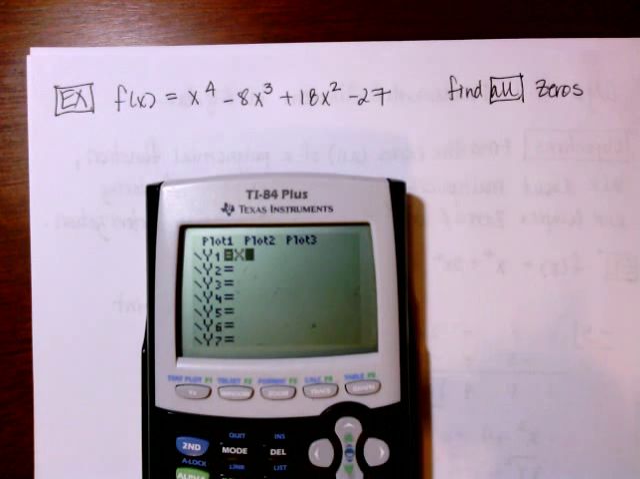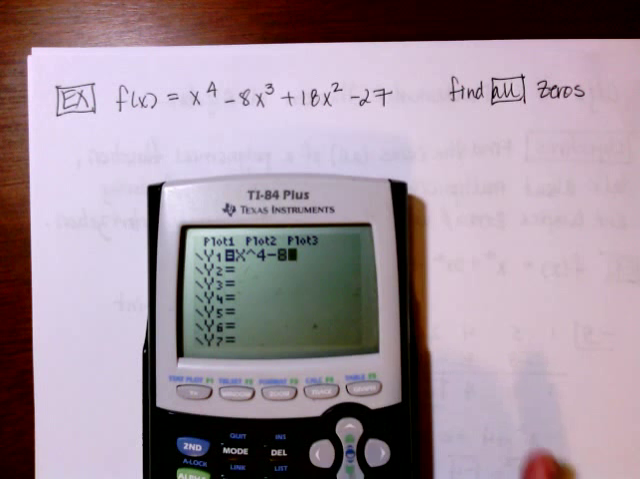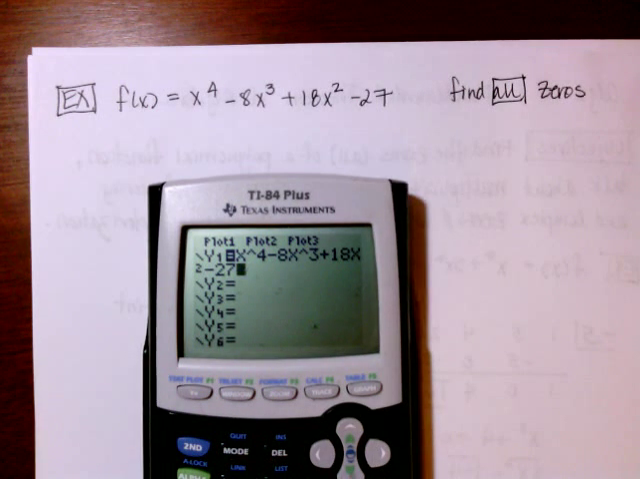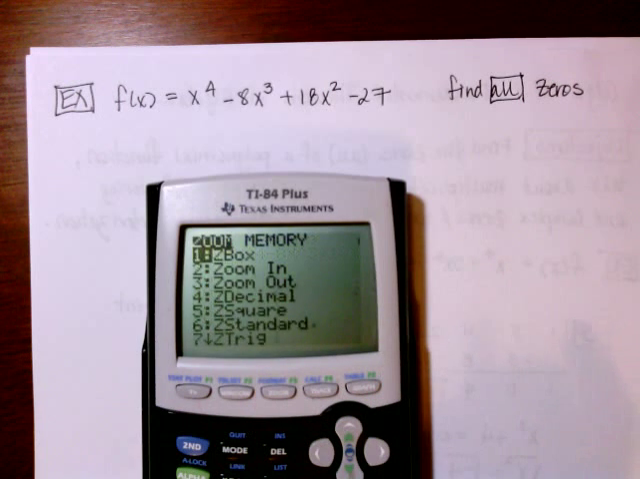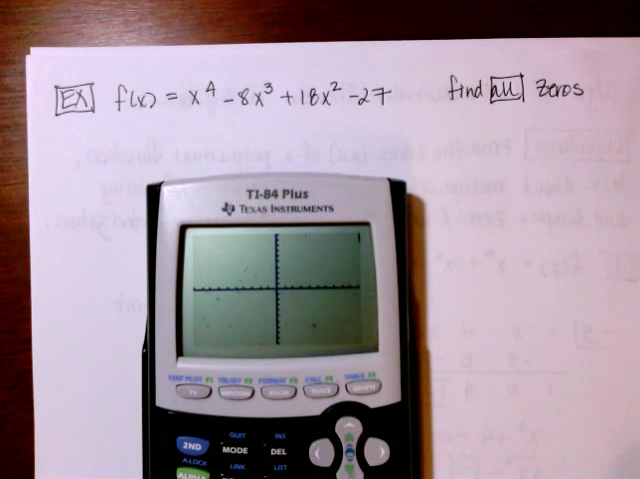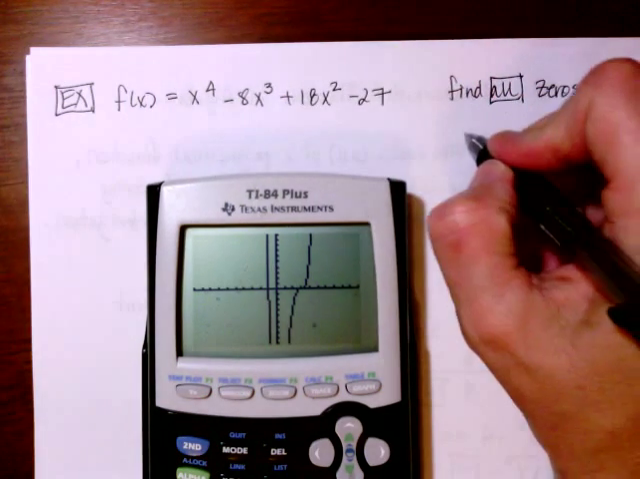So I'm going to enter x to the 4th minus 8x to the 3rd plus 18x squared minus 27. I'm going to check and make sure I didn't screw anything up. And then I'm going to hit graph. And I'm going to do a Zoom 6 because I don't remember what window was on for the last graph. Alrighty. So this is a 4th degree polynomial,